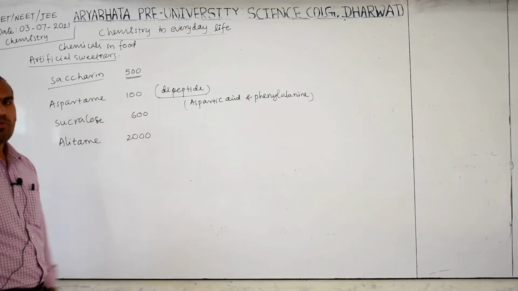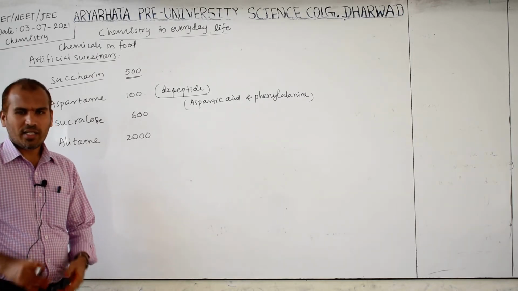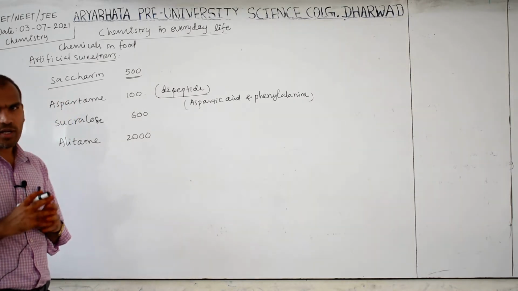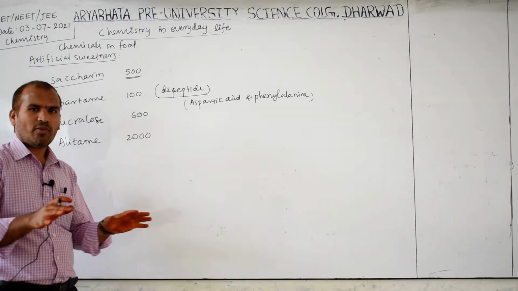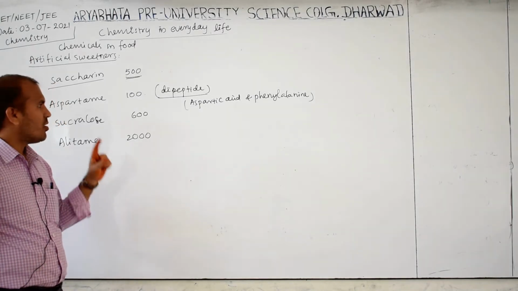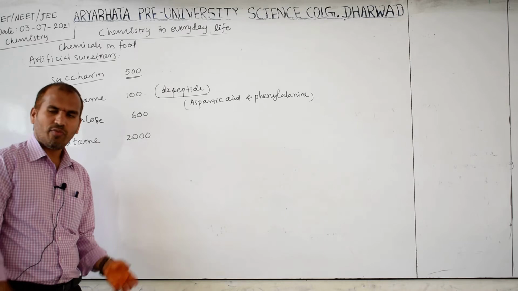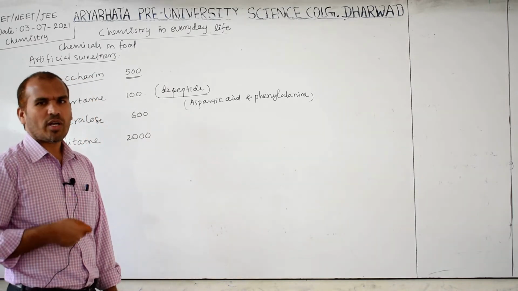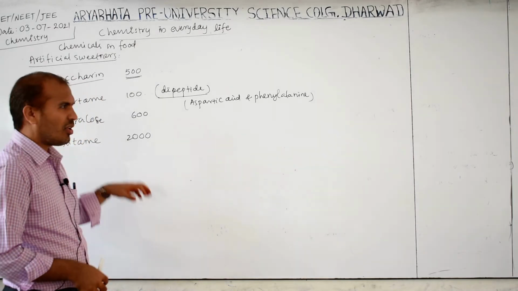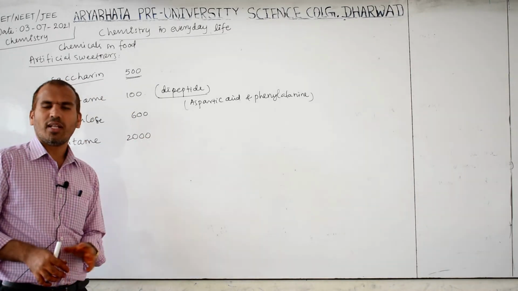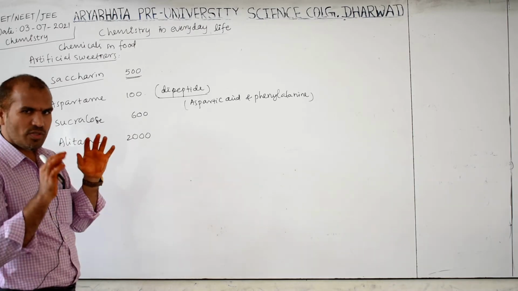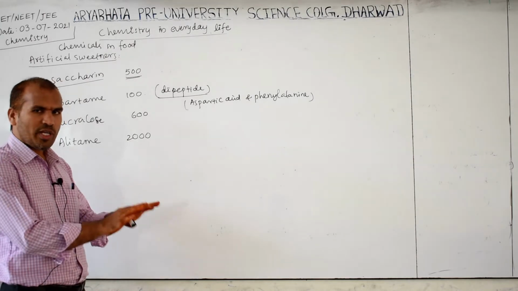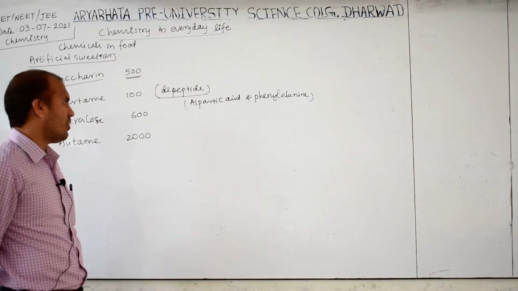So it has a moderate level of sweetness, and it has limited use in cool drinks, cold food, or soft drinks. So only at that level it is used. It is not stable at cooking temperature. If you use it in sweets you prepare at home, we have to heat them. If you heat it, it will decompose and not give that much sweetness. Therefore it is used only for cool drinks and cold food. It means limited uses, not for all types of sweets.